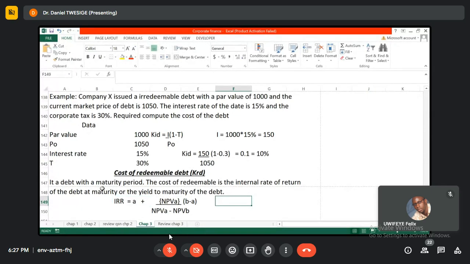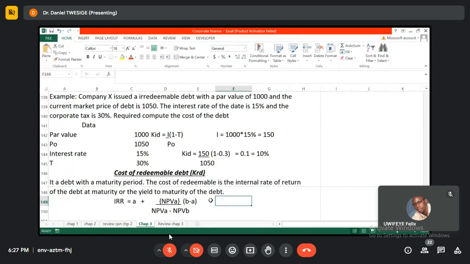So I will get NPV. Because you are interpolating, we are going to use an interpolation formula to get our internal rate of return, which is A plus NPV at A over NPV, where